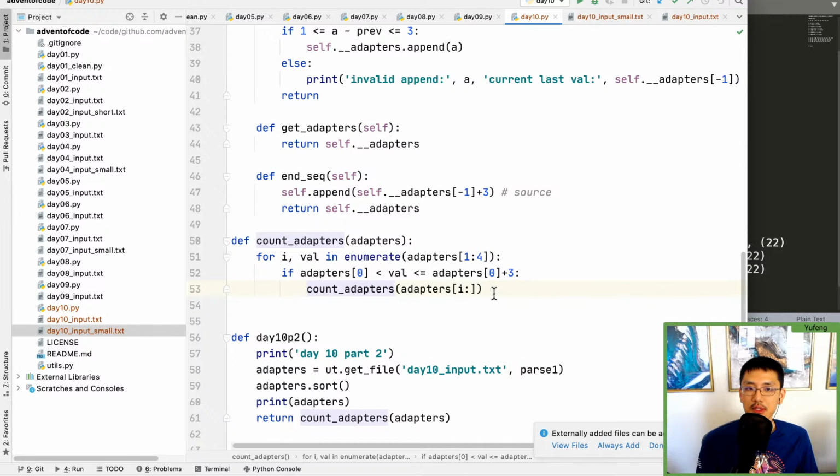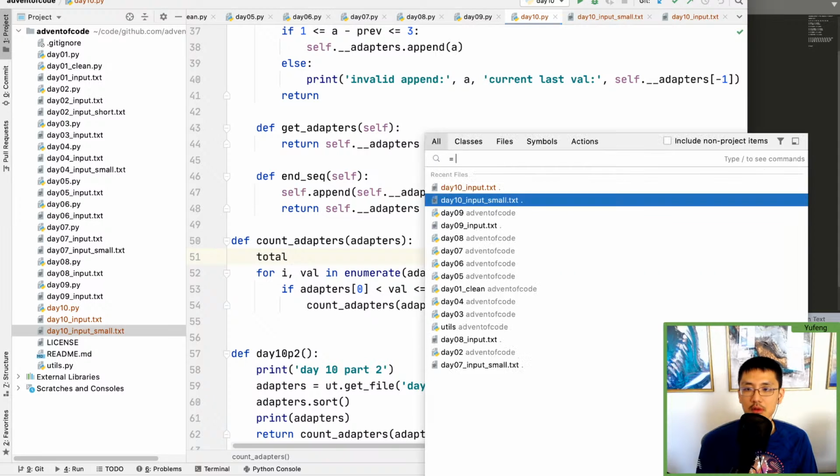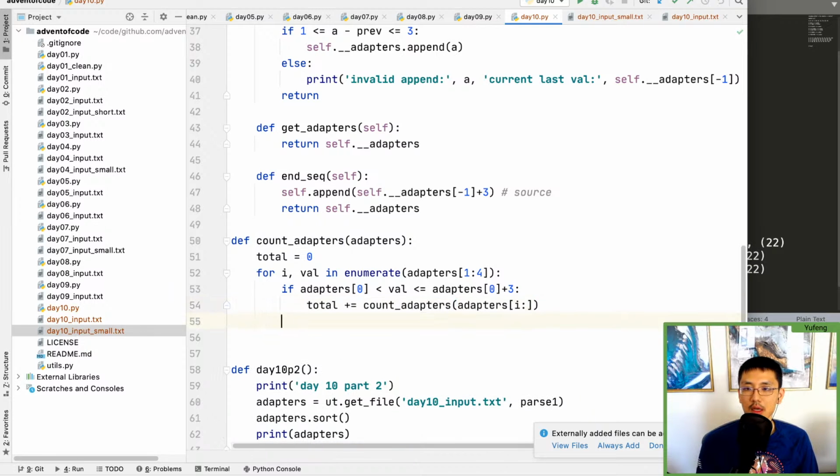Okay, so now we need the return bit. So we have a total equals 0, total plus equals 0 to that, and total equals return total. So we're going to figure out each of those and then call down the stack until we get to the bottom. All right, what's the end